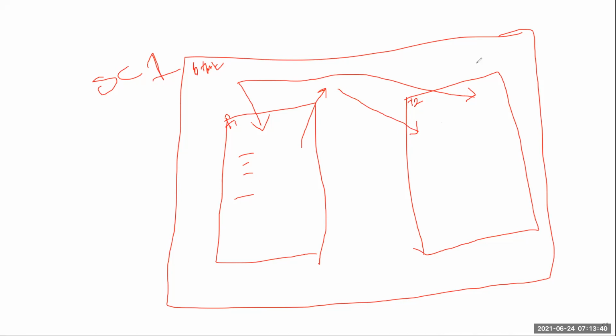If it is a single frame, then we are directly jumping from our HTML page to the frames. Frame 1 or frame 2, no problem. But we are in frame 1 and we want to move to frame 2. Since these two are not interrelated, frame 2 is not inside frame 1 or frame 1 inside frame 2, we cannot directly jump from frame 1 to frame 2. There is no option to jump from frame 1 to frame 2. So what we are doing is moving from our frame to HTML and then from HTML to frame 2. Right? This is scenario 1.